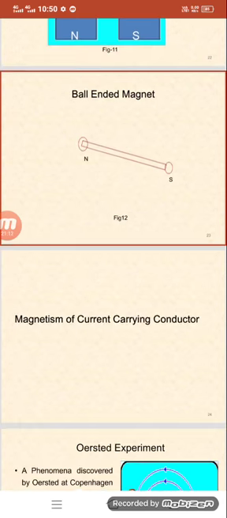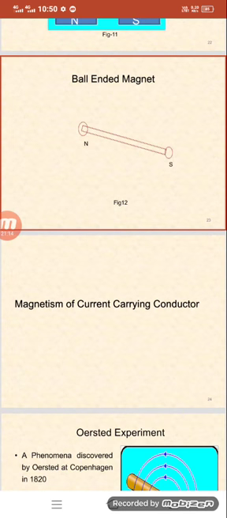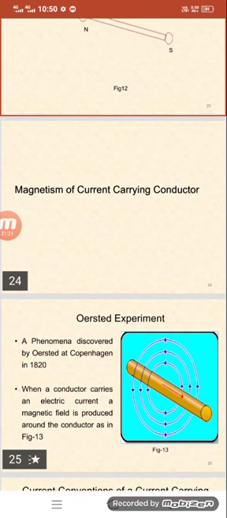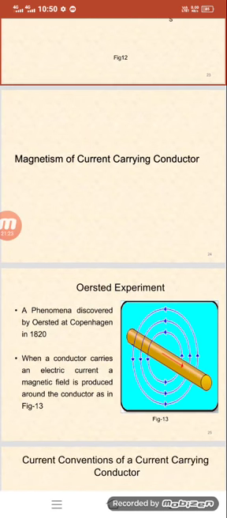And after that, we have the topic of magnetism of a current carrying conductor. So what is the magnetism of a current carrying conductor? Suppose we take one current carrying conductor, by giving some electricity to that conductor. Now that conductor is going to produce magnetism, or produce some magnetic lines surrounding that conductor. Those magnetic lines